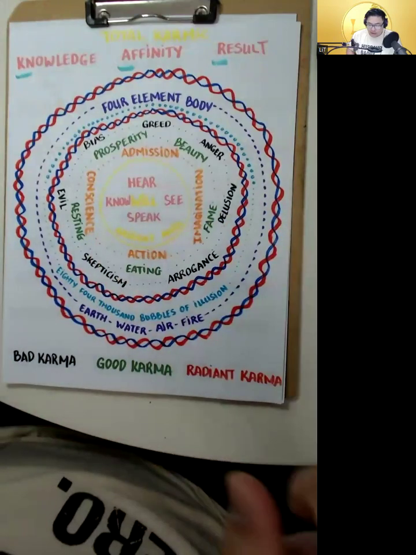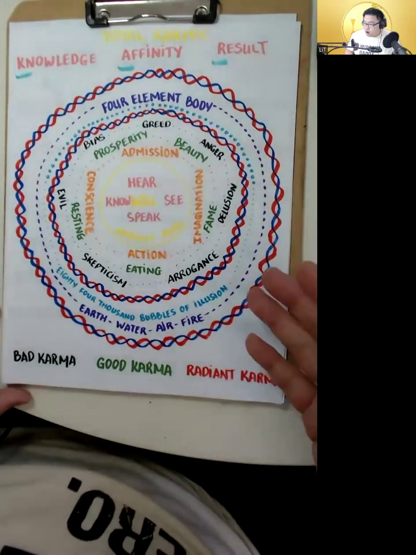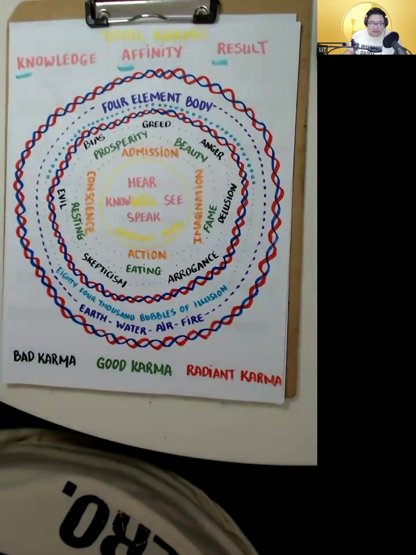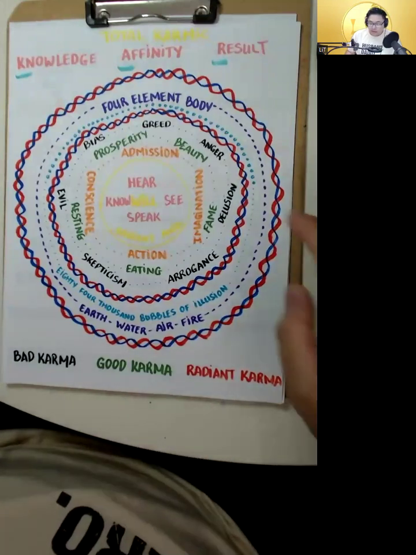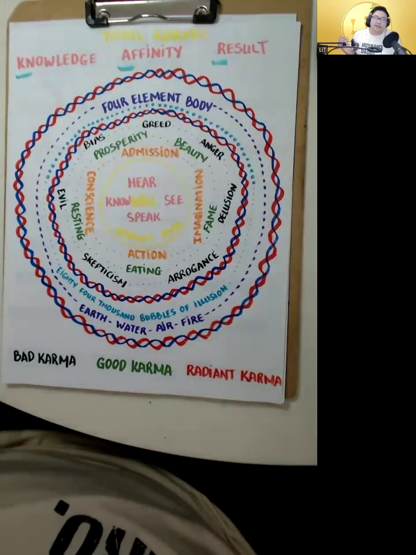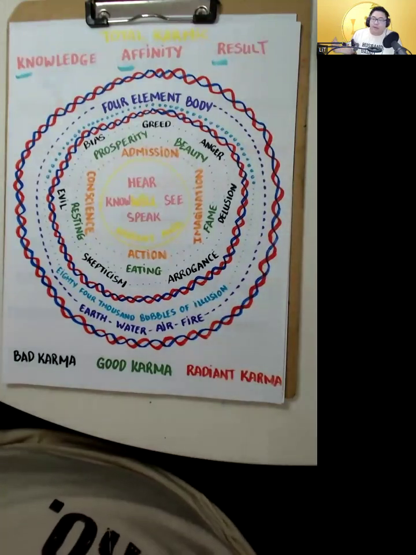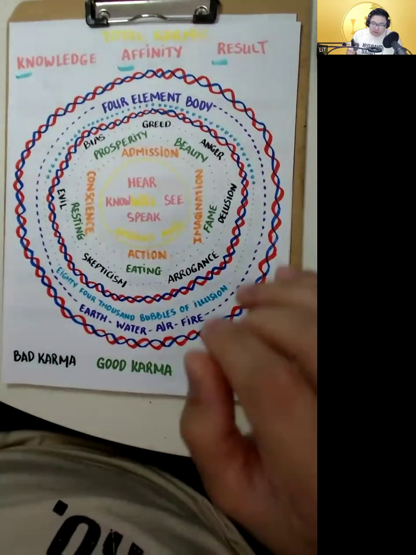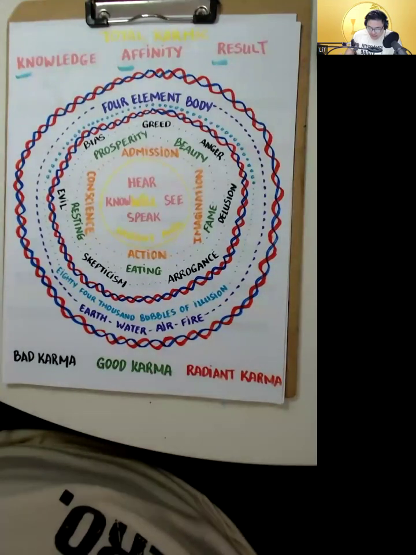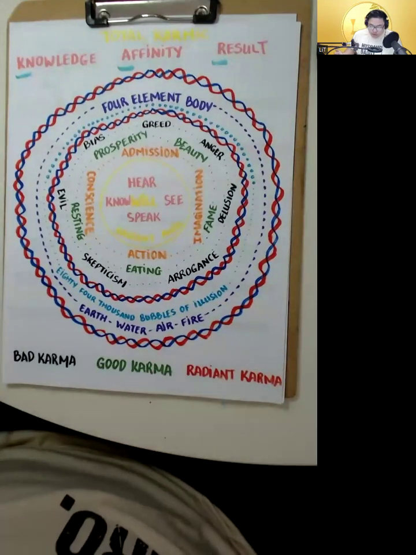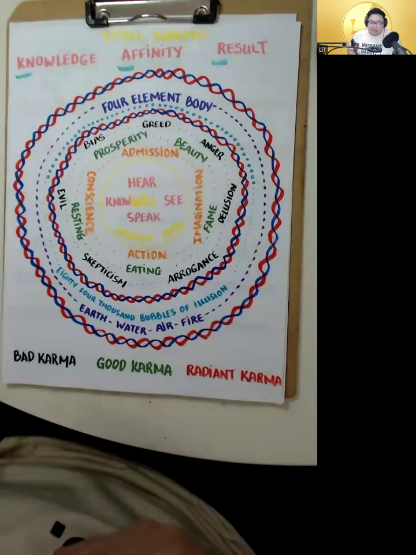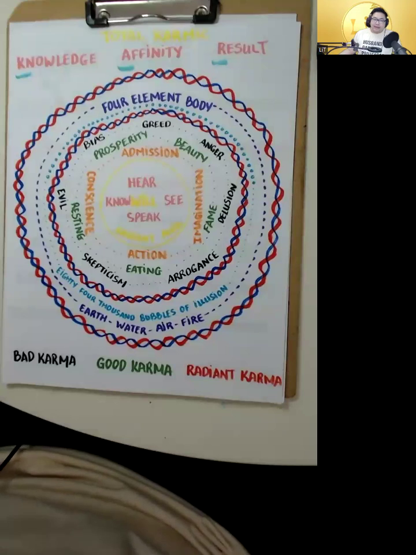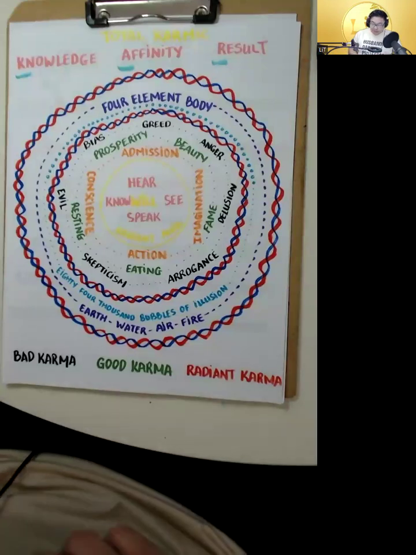As you can see in the drawing here, the red line represents the positive electromagnetic field, and the blue represents the negative electromagnetic field. And at the outermost, we have the 84,000 bubbles of illusion, and then the four elemental body, which is also surrounded by the yin and yang electromagnetic field. Now,